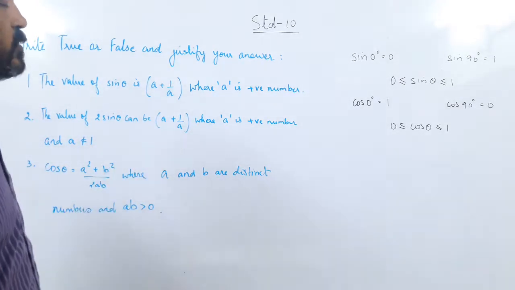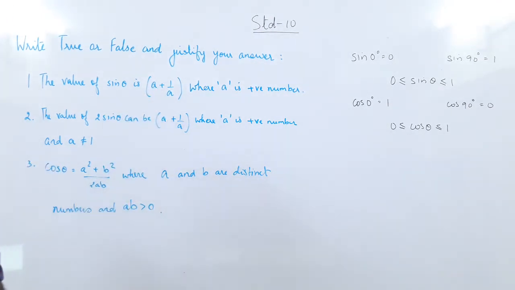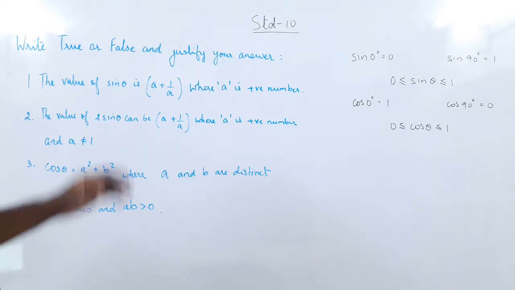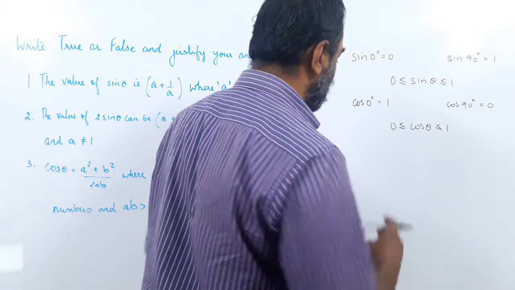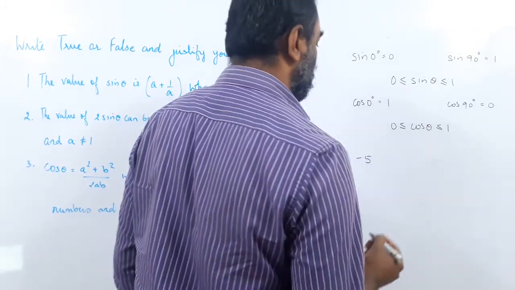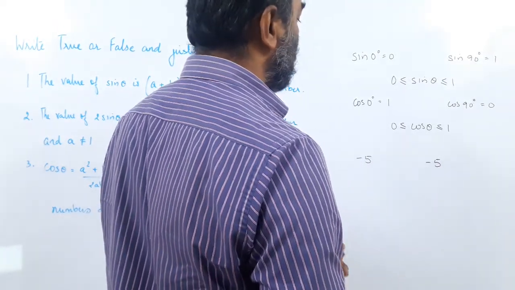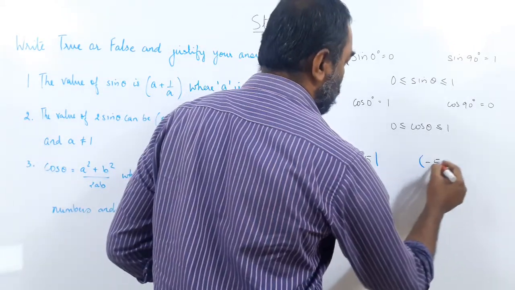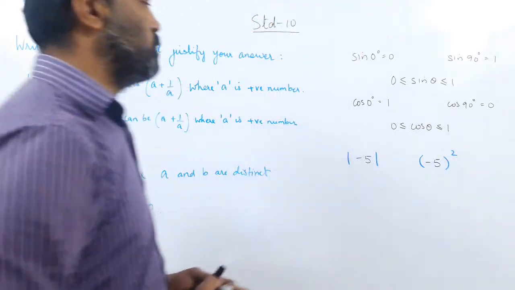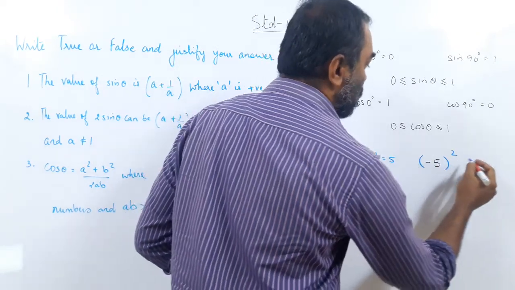Now the logical approach to this. We know about positive numbers. What we know about positive numbers? Any negative number can be made positive in two ways. Yes? Any negative number can be made positive in two ways. You have learned those ways. Suppose you have got -5. I am writing it 2 times. There are two ways to make this -5 positive. One is to take the modulus and one is to square it. So this becomes 5 and this will become 25.